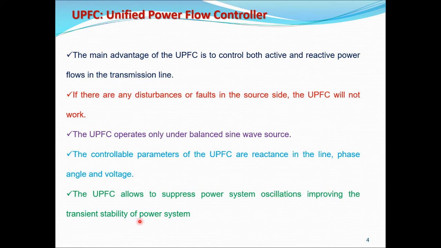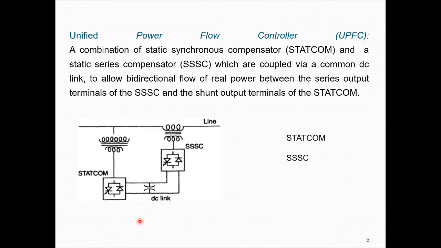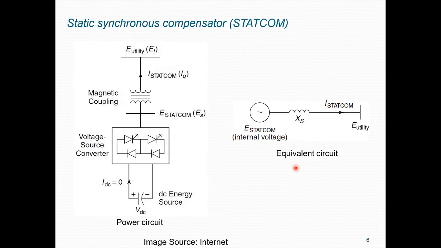We all know transient stability, power system oscillations, na? Just remember those points. Yeah, it's a combination of two parameters. One is STATCOM, another one is SSSC. I know this STATCOM operation and shunt compensation. Same STATCOM here. This one is the utility system, this one is the STATCOM, and this one is the voltage source converter. We all discussed this in shunt compensation in the previous session. Just this, I'd like to separate this shunt part. That one is nothing but STATCOM.